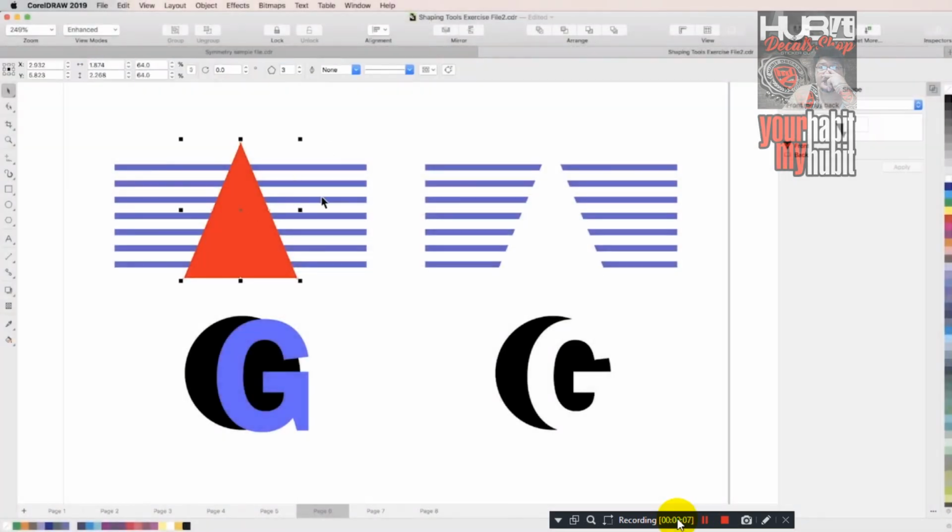In this tutorial, you'll learn how to work with objects using shaping tools to do things like weld, trim, and